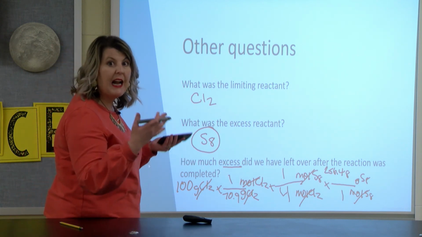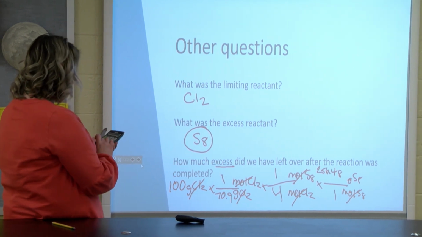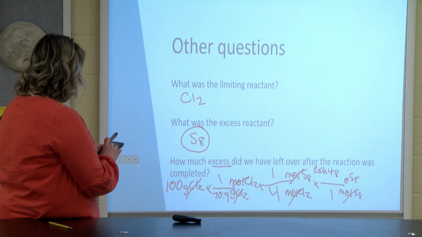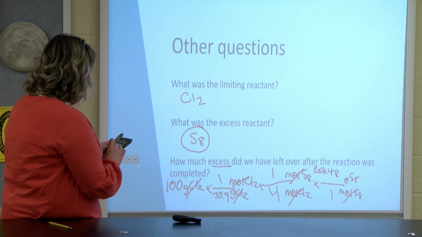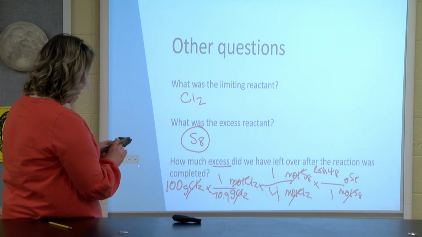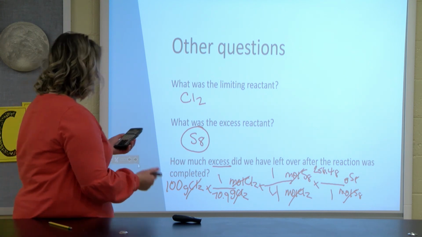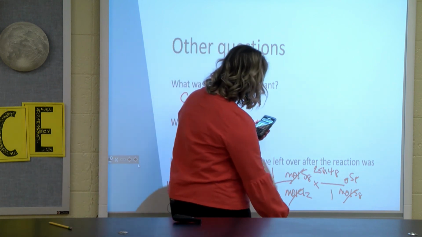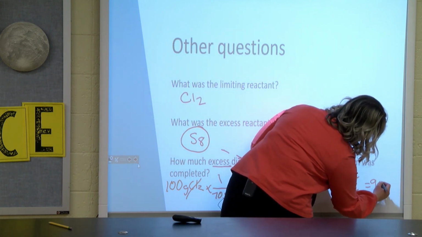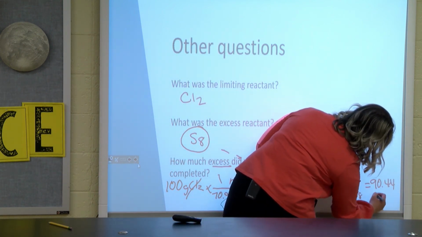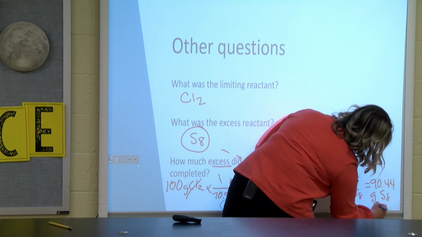How much S8 did I use? So I'm going to put in my calculator 100 divided by 70.9 divided by 4 times 256.48 gives me 90.44 grams of S8